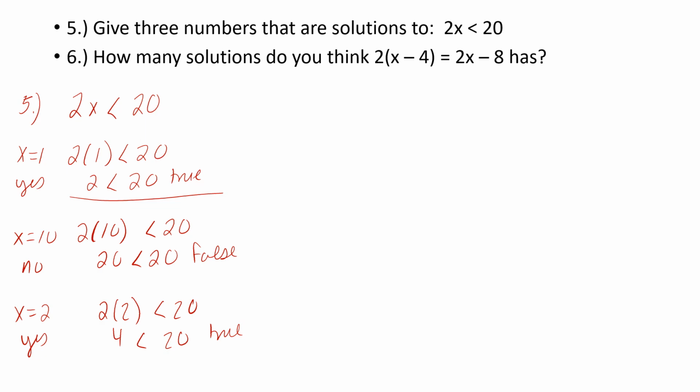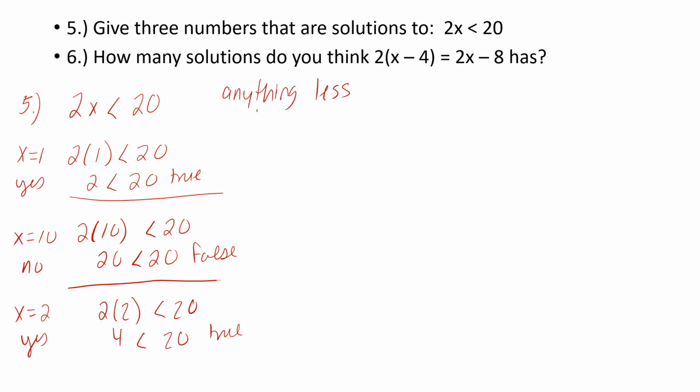And you might play around with this, and there's a lot of value in playing around with the problem, just plugging in different things to see what works. And I strongly encourage you to do that, because what you will find is that as you increase your values of x, you will get closer and closer to that 20 until you get to x is equal to 10, when it's equal to 20, and it becomes a false statement, and then anything beyond the 10 won't work. And what that will do is it will start to generate in your head a picture of what the solutions might be. So basically, you could pick anything